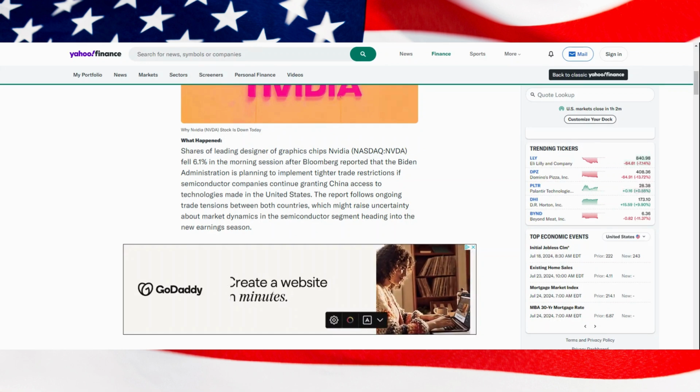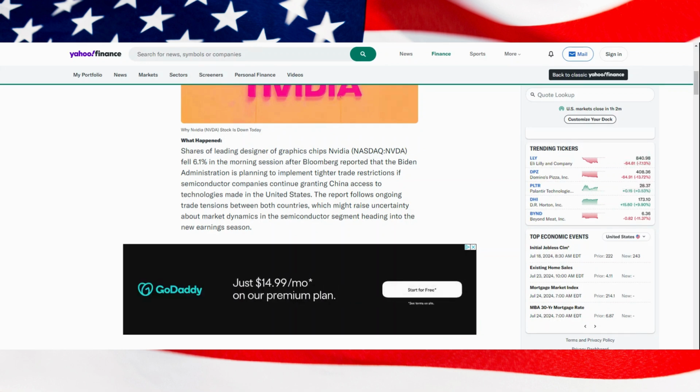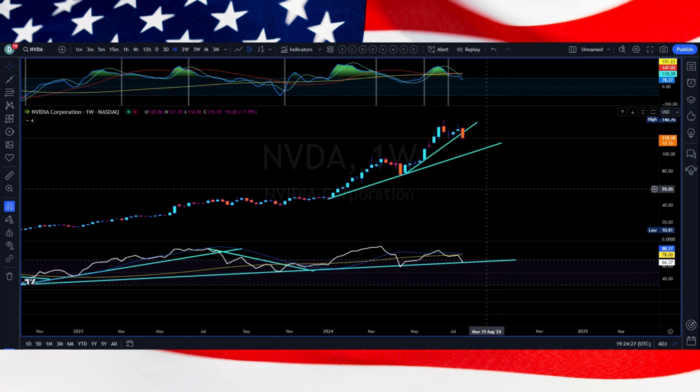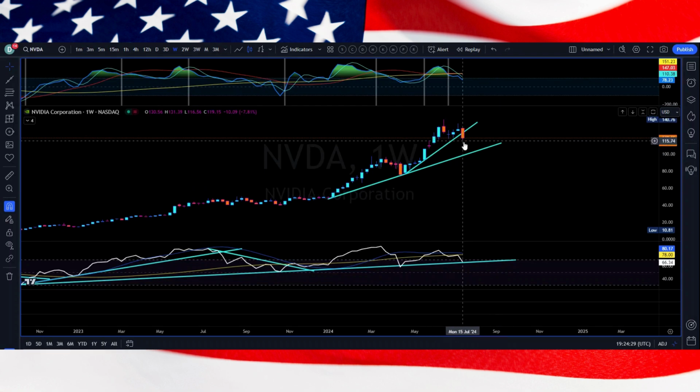So back over here on our chart. Let's just get into Nvidia just a little bit, guys, because like I said, Nvidia and Apple are the two biggest adopters of Render. Render price really took off with them. It's really important that we do focus on them. So Nvidia, as I stated